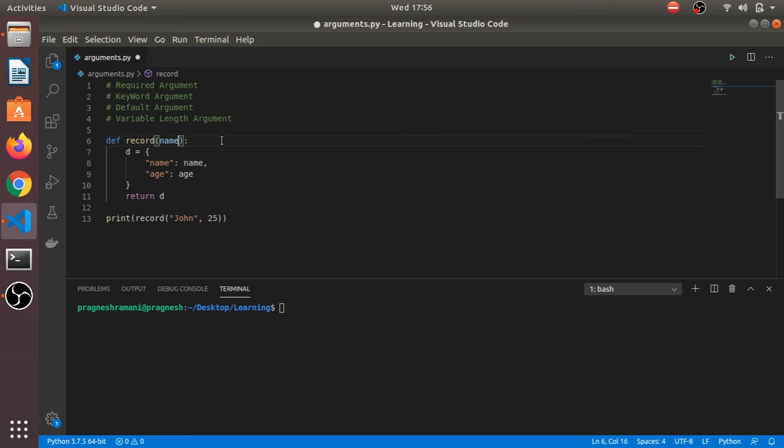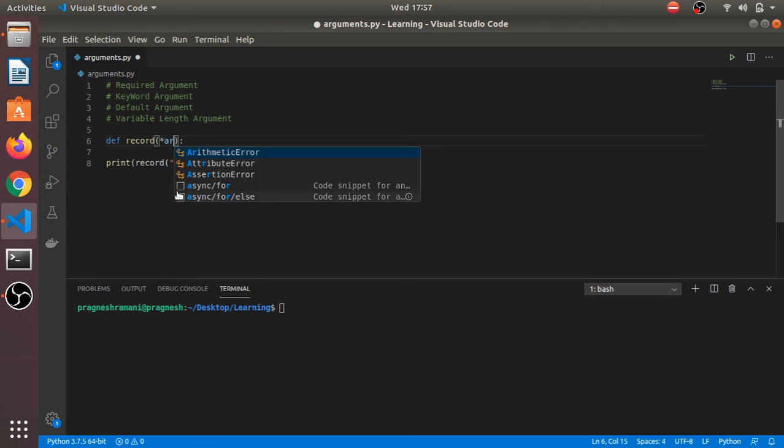Let's take an example of variable length argument.